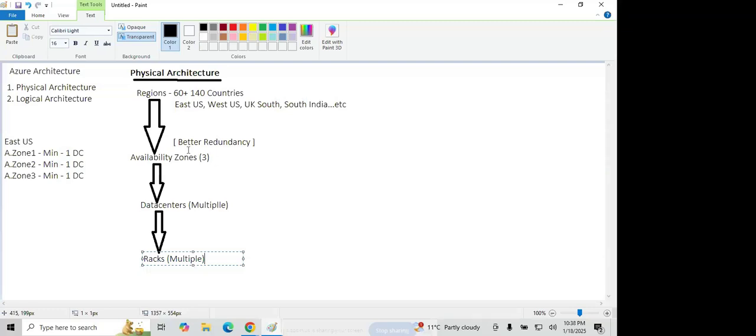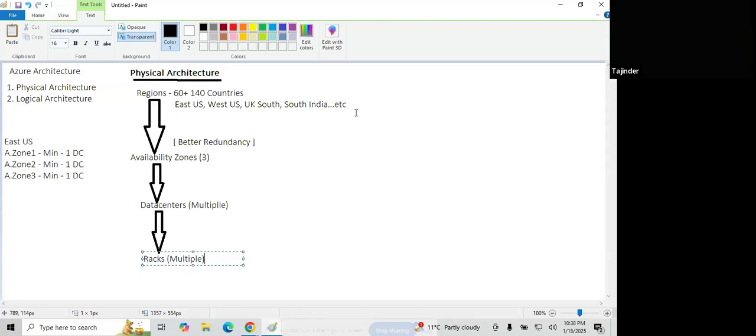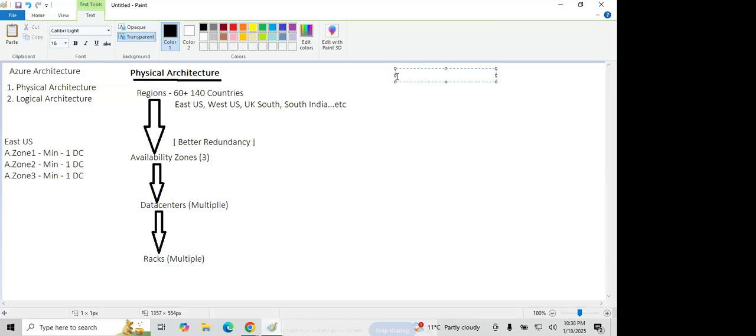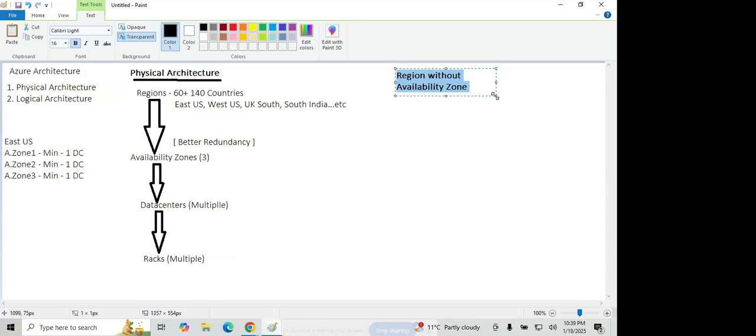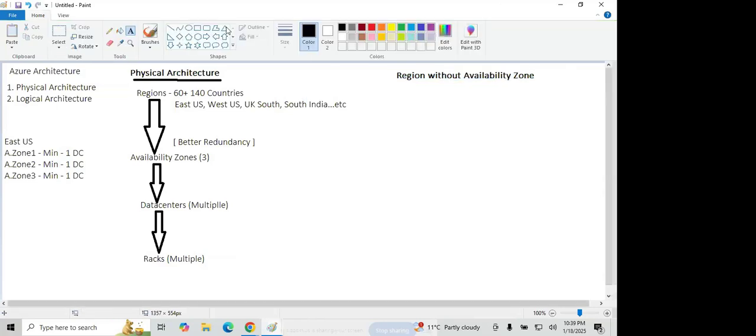So basically, this is how the physical architecture of Azure will look. Any questions, any queries so far? No, we are good. All right. Now, let me give you a gist of how we achieve better redundancy with the help of availability zone. As we discussed maybe two minutes ago, we can broadly classify regions into two categories: region without availability zone and region with availability zone. Let's talk about region without availability zone first. So let's say in India,